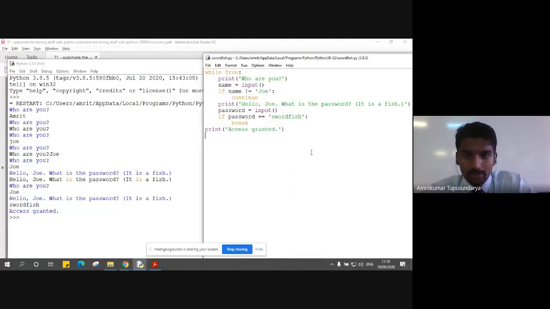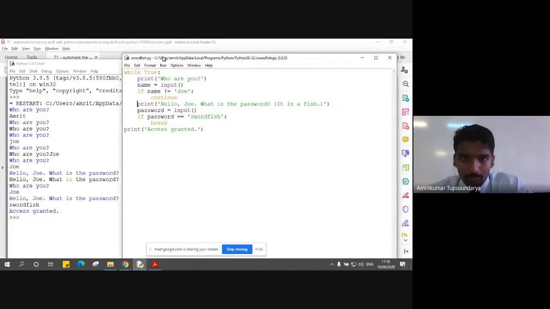So what is happening here is now you can see how the break statement is getting executed. Once I have this right input entered, that is Joe, it will go on and print the statement, hello Joe, what is the password? It's a fish. And it will ask me to enter the password. So once I enter the password using the input function, it gets stored in the variable named password, and it checks if the password is exactly equal to swordfish.